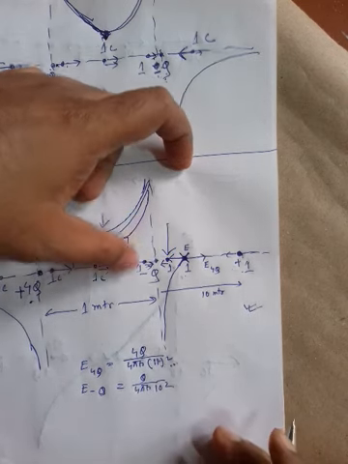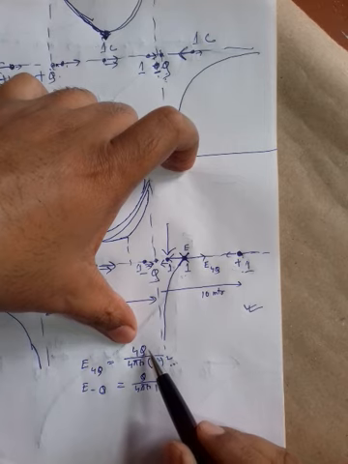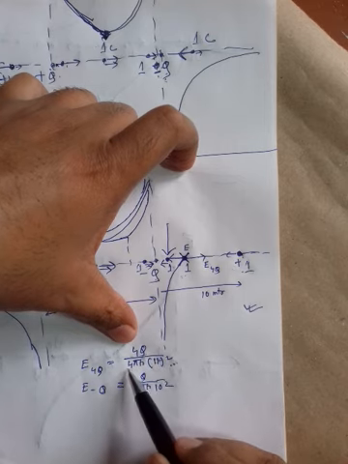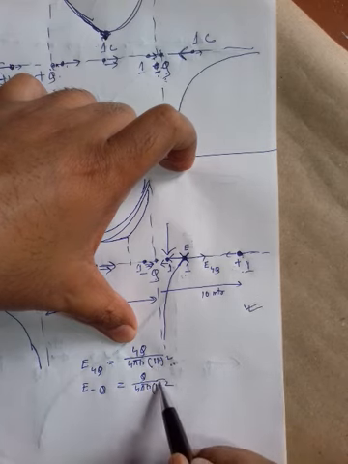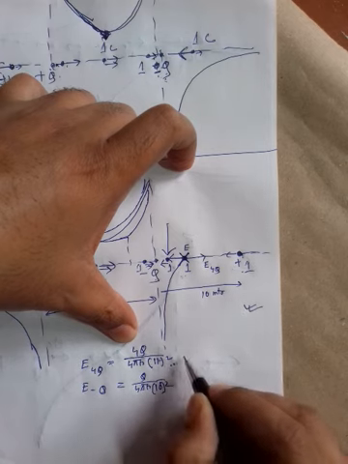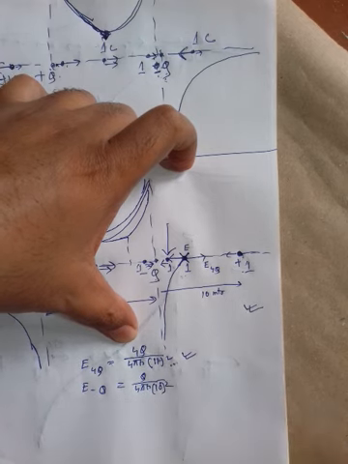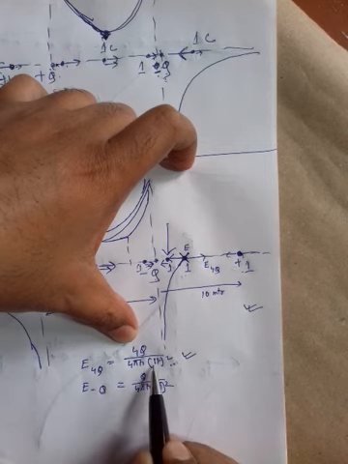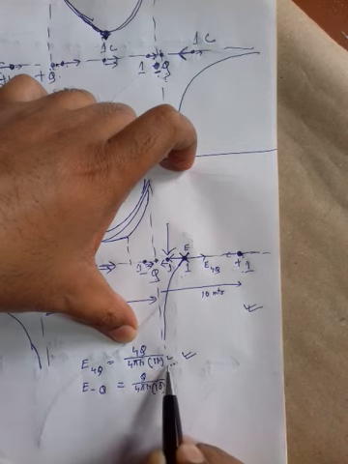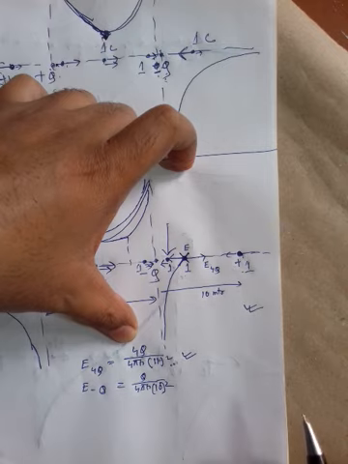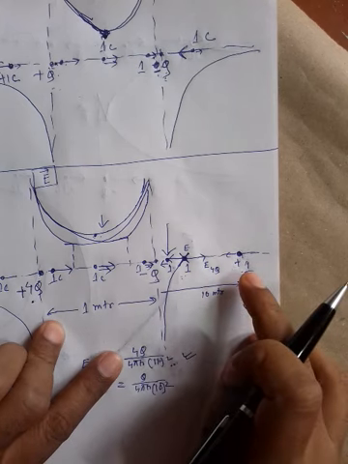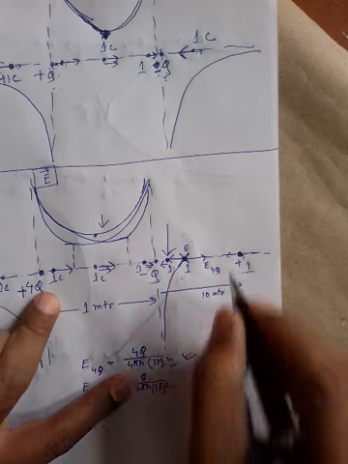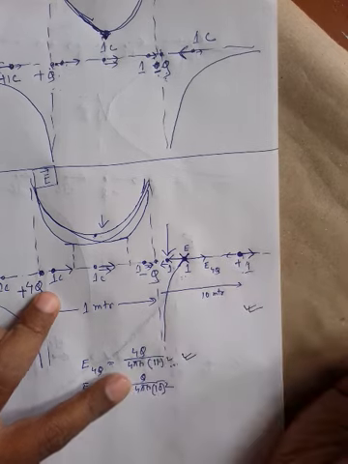Now look at the answer. Taking 1 by 4 pi epsilon naught common, it is 4q by 11 square, meaning 121, and it is q by 10 square, meaning 100. So this is greater. Why? Because the distance 100 becomes 121, but the charge here is q and here 4 times, so here is more field. So interesting, if you go to a point at a large distance, then 4q gives us more field, so the field will be towards right. Clear?